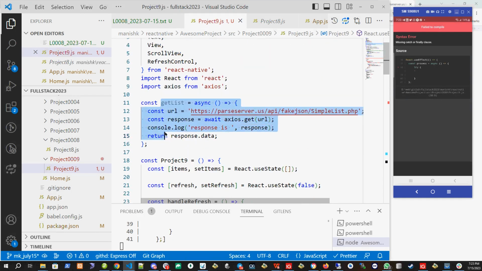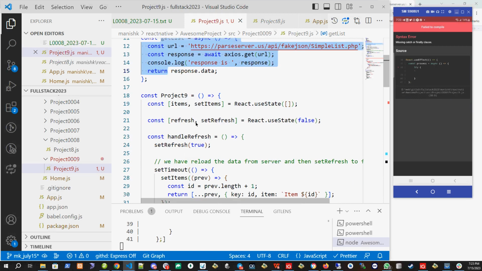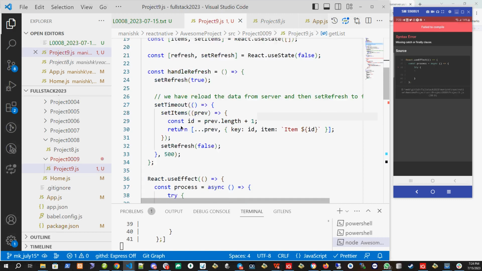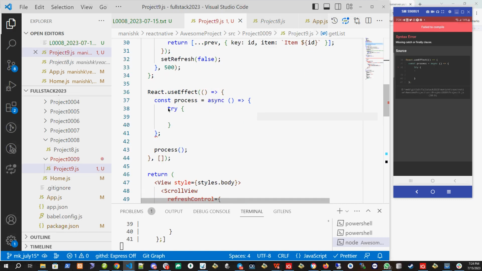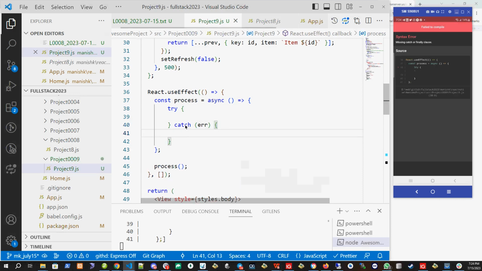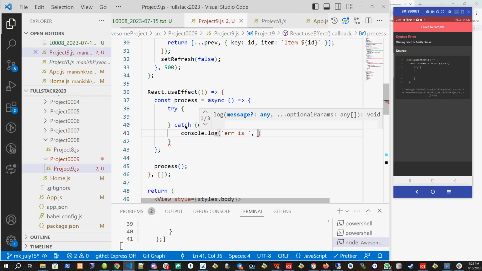If I create try catch block here, then I have to tackle the error here only, which is difficult because this is a generic function, and every project will have errors in some different way. So we should not put try catch here, rather we'll put it here where we are using it. So I'll use the catch here. Right now I'll not show the error, I'll just console it. Error is,